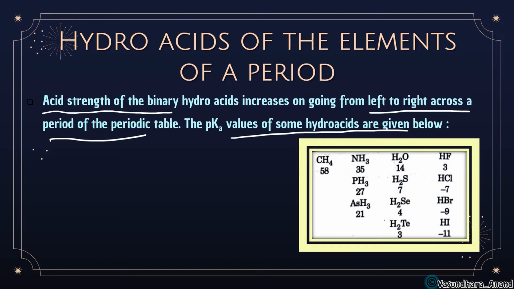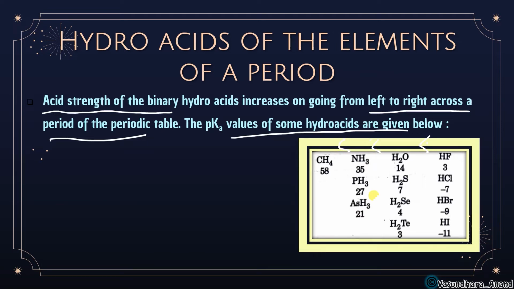What can be the reason? Can you think of it? Yes. Just relate it with the previous one. More electronegativity. Yes, electronegativity increases and hence acidic character increases. Acidic strength increases. So nitrogen is more acidic than carbon, oxygen is more acidic than nitrogen, and fluorine is more electronegative than oxygen. That's why HF is the highest. HF is having highest acidic strength, then H2O, then ammonia, and then CH4.